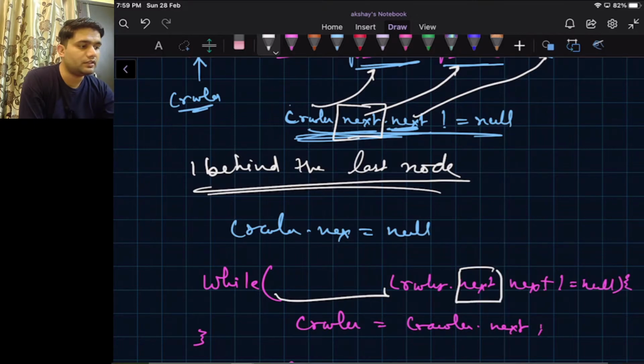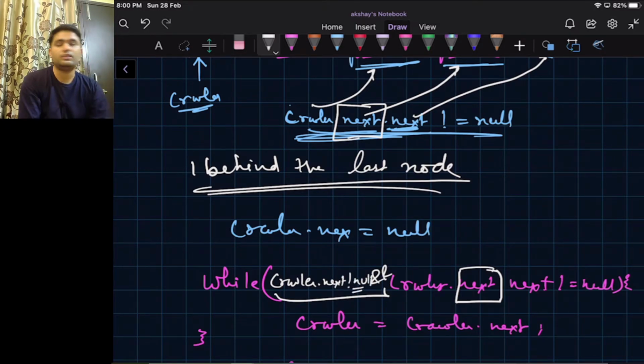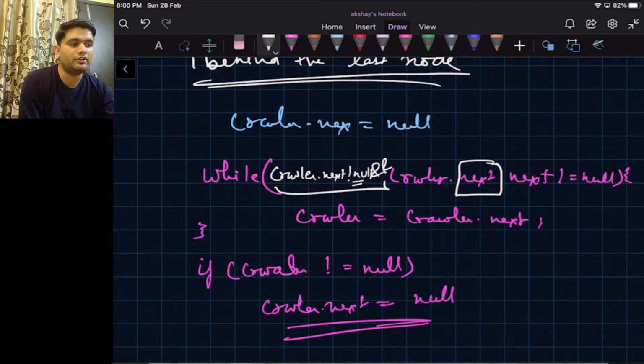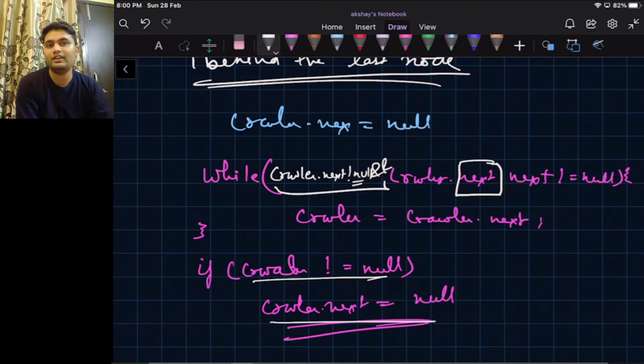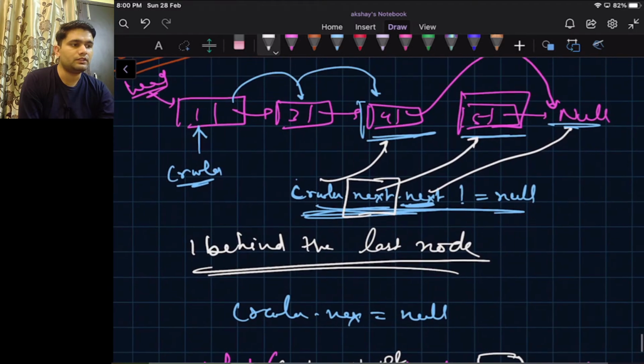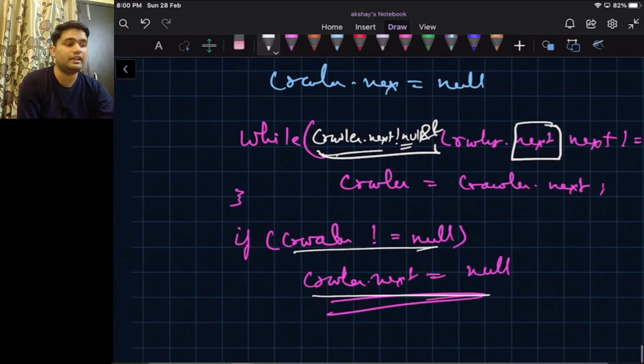In this case, this while statement will throw an error, so we can do a safety check: crawler dot next is not equals to null. If crawler dot next is null, this statement will hold false, and it is already null and we are making it null, which doesn't make much difference. So we just need to have this safety check here. This is how deletion at the tail works.